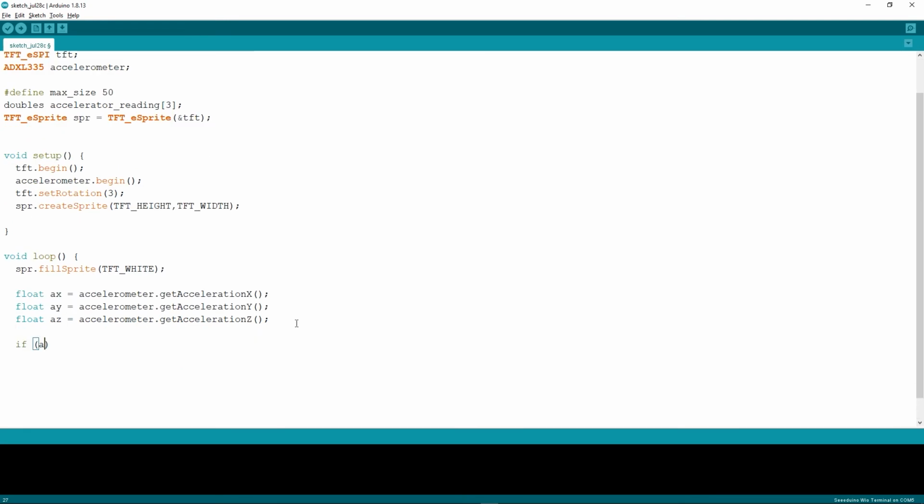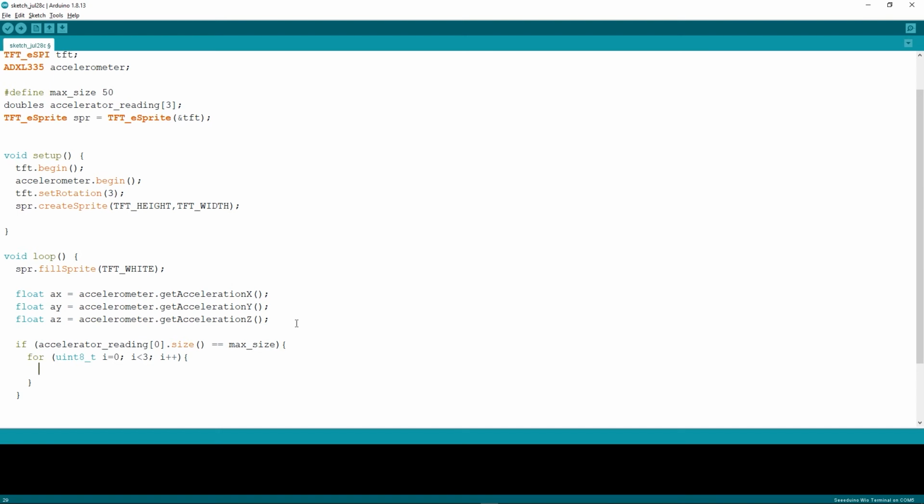So now let's write an if loop. If accelerator reading 0 dot size is equal to max size, then for uint8_t i equals 0, i is less than 3, and i plus plus.